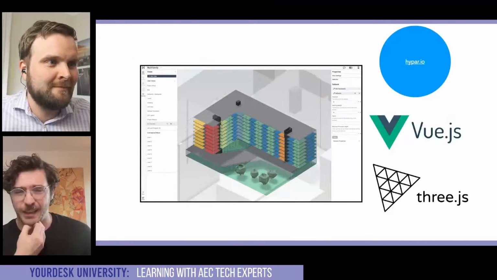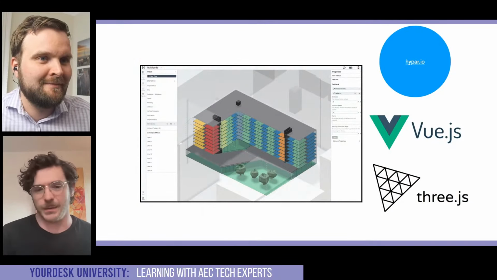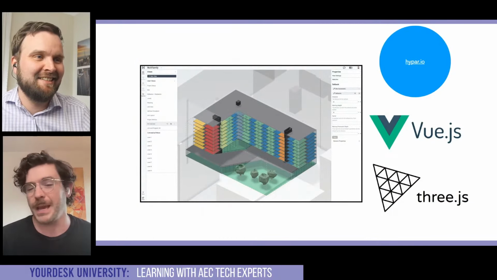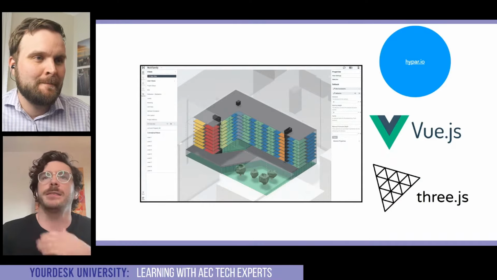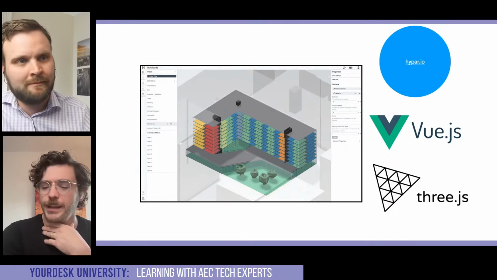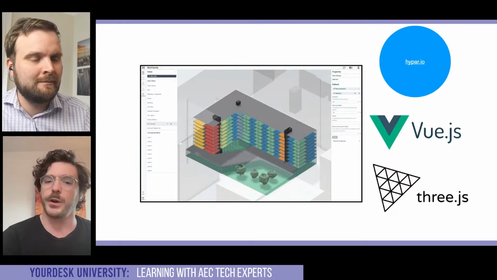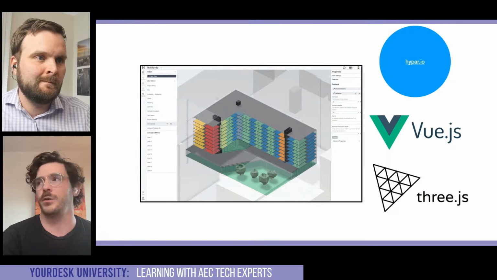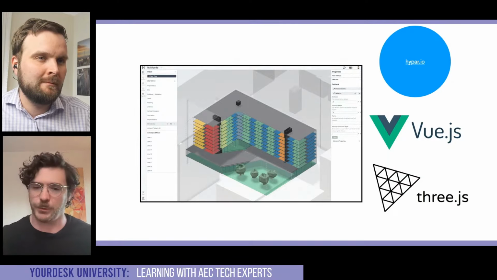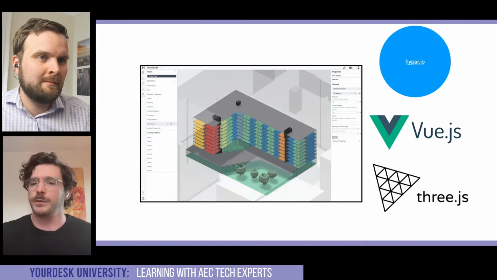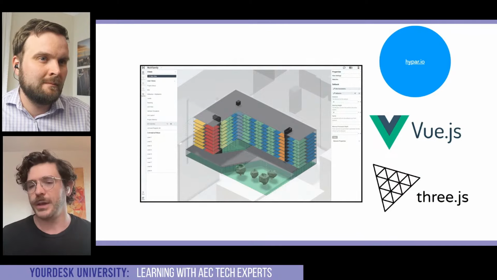So I don't have a ton to say about Three.js specifically, other than it's awesome and super powerful. It has a really amazing community. And I think the best way to learn Three.js is to go dig through their code examples. There's a really great public examples page where you can interact with all of these models and then immediately go look at the code and see how they're built.